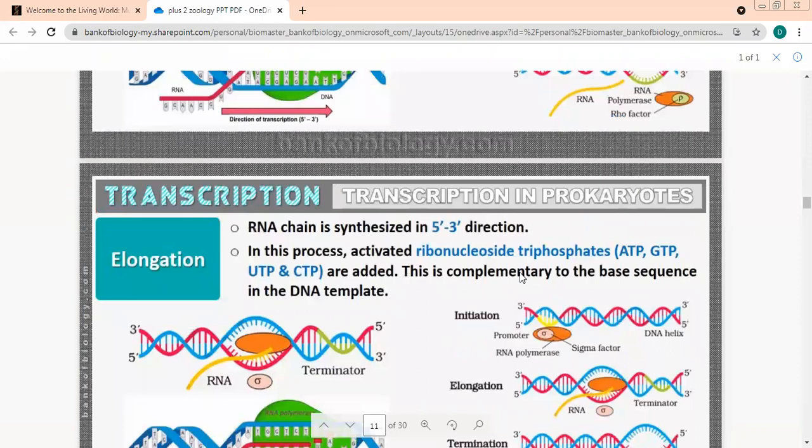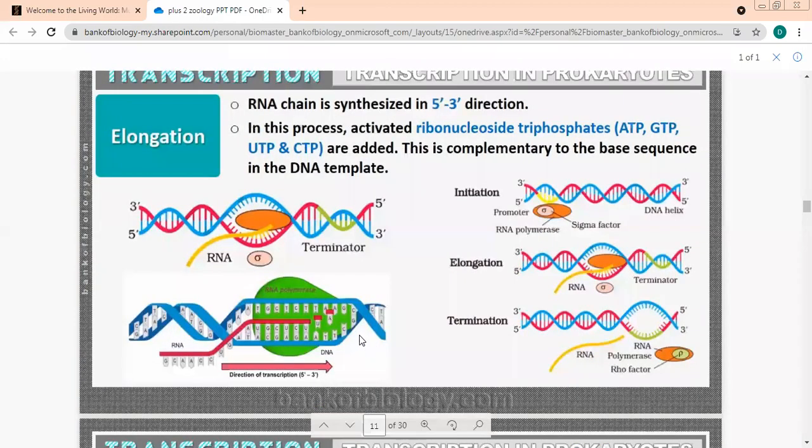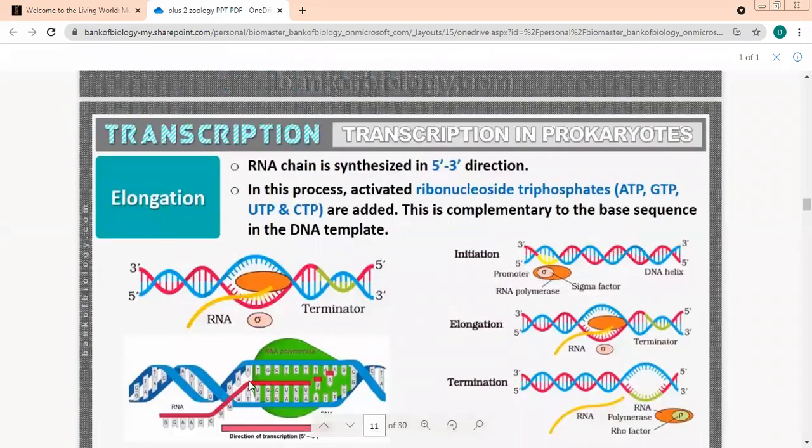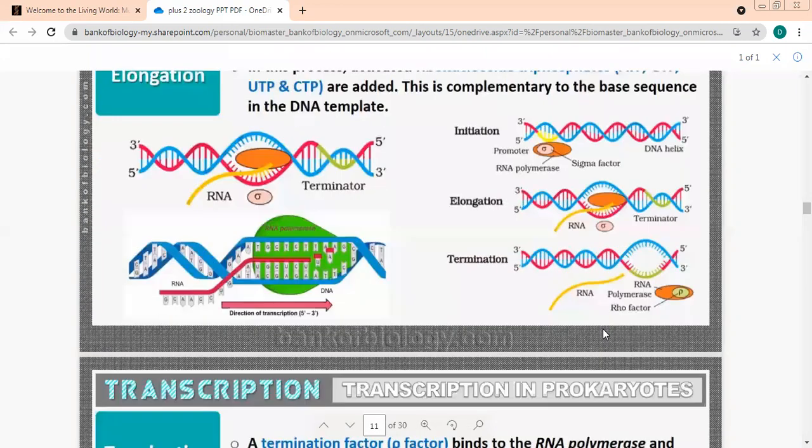Now, second is what? See, elongation. Process has already started. We'll have more nucleotide bases. See, beta, they're going to be complementary to the DNA. And it will become longer and longer and longer. See, RNA polymerase is moving from here to here. It was earlier bound here. Then it has reached here in the center. RNA is already made this much. RNA polymerase will keep moving ahead and the RNA strand will keep getting longer.